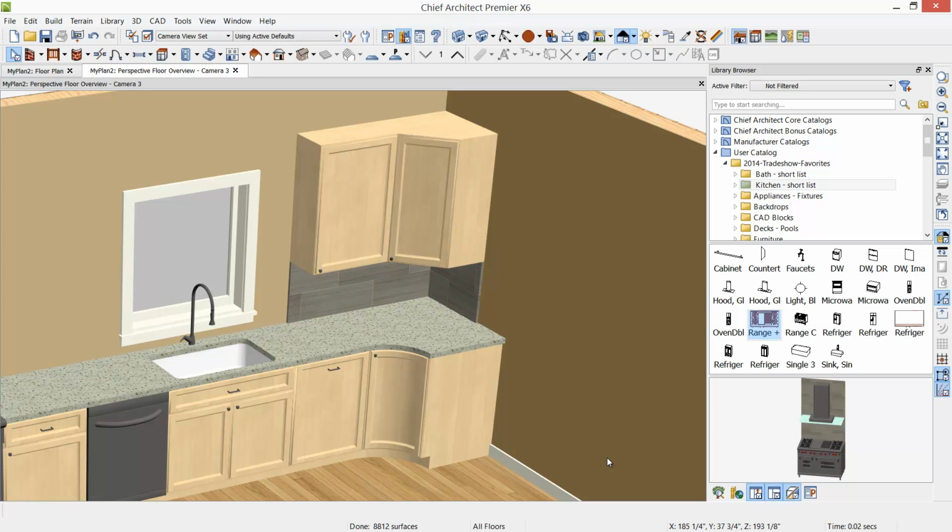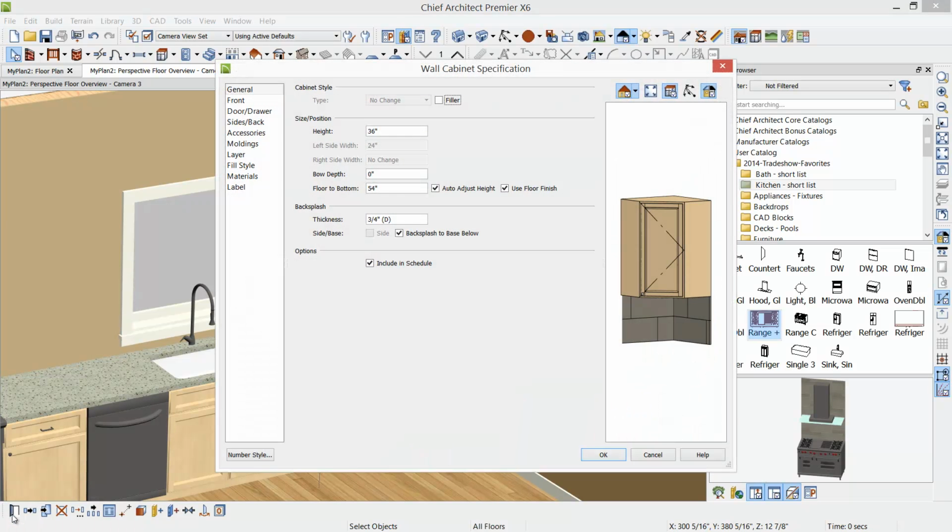Now if I want to make changes to more than one cabinet, there's a couple of ways that I can do it. I can click on a cabinet, hold my Shift key down, and click until I got the number of elements that I want. Again, notice down here in the lower left-hand corner of the screen it says 2 objects selected. So that gives you an idea of how many you have selected. I'll show you how to select all of the light cabinets here in a minute. For now, I have the 2 wall cabinets selected, and if I click the Open button or Control E on my keyboard,